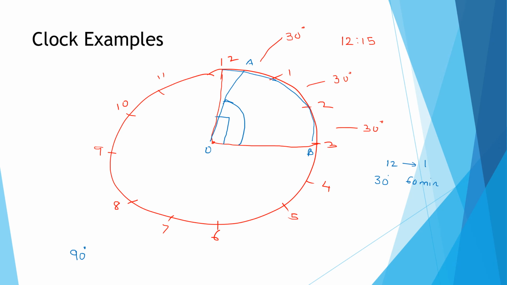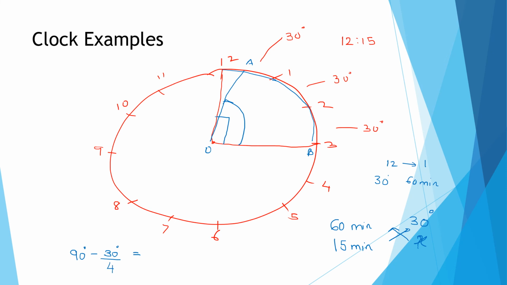But we know that the minute hand has changed the angle. The minute hand has crossed 15 minutes. Therefore the hour hand will be somewhere between 12 and 1. We know that for 60 minutes it requires 30 degrees. So for 15 minutes, how much degree will it cover? It will cover 1/4, right? 60 minutes is 30 degrees, so for 15 minutes, let us take it as x, cross multiply, it will cover 1/4, that is the 4th part of 30 degrees.